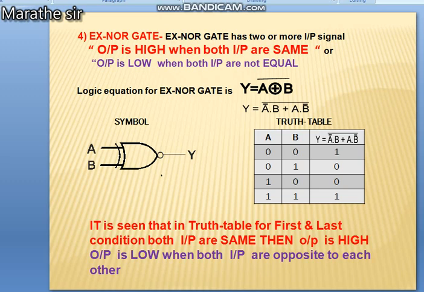Its Boolean equation, logic equation is shown here. Y is equal to A exclusive-OR B, whole bar, that is equal to A bar dot B plus A dot B bar, whole bar. Here the two input XNOR gate is shown. As per the truth table, when both inputs are same, when A is equal to 0 and B is equal to 0, and when A is equal to 1 and B is equal to 1, we are getting output high. And when both inputs are different, both inputs are not same, we are getting output equal to 0. So the XNOR gate is nothing but the complement of the XOR gate.